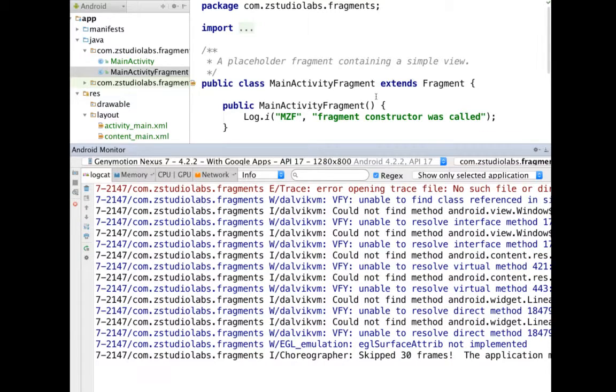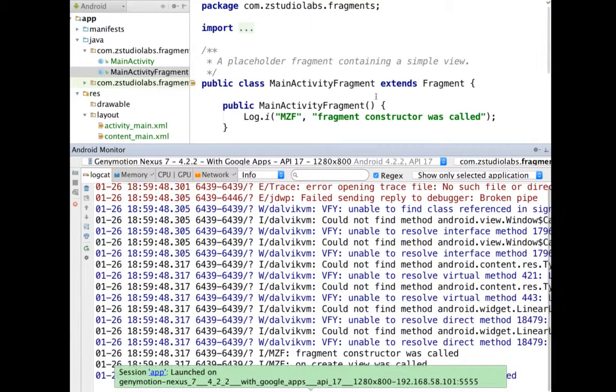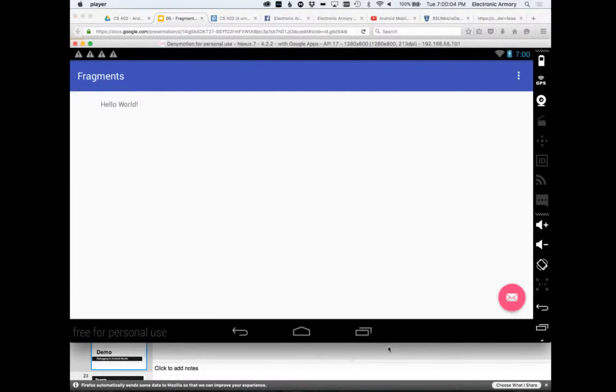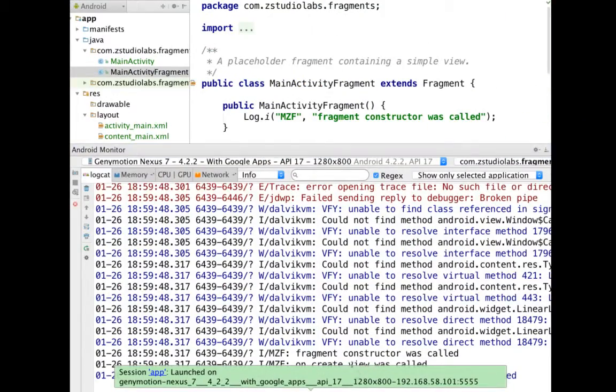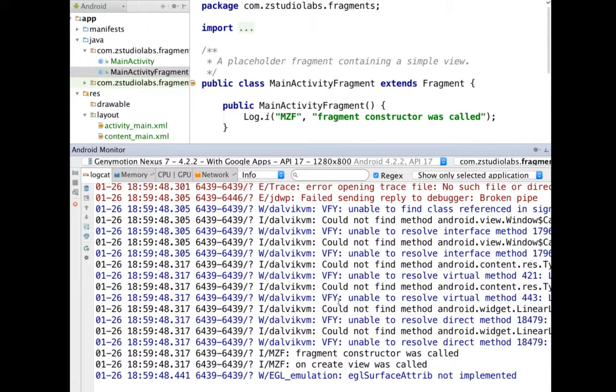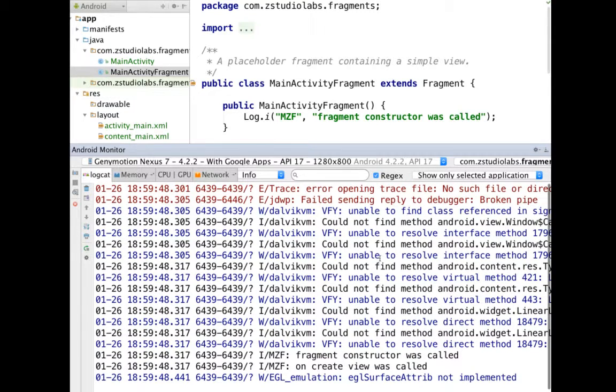And I'll show you one more thing after this. So it's going to probably launch in the background. I don't really care about the emulator right now. And I think that ran. I guess it ran. It was so fast I didn't even see it. Let me close. I want to get rid of that green button. Okay, there we go. So we have info here, but